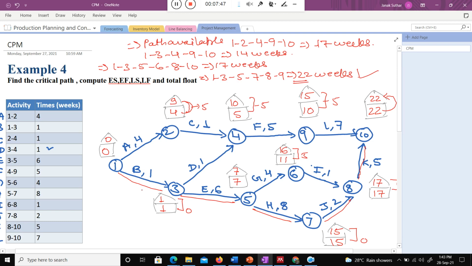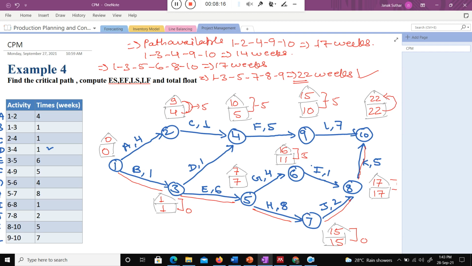It means we found one more thing: the longest path available in this network diagram is nothing but the critical path, and the general thing, class, is that this path is taking 22 weeks. What is the critical path? Critical path is nothing but the time duration of that project. Are you getting my point? The longest path is nothing but the time duration of that project. Do you agree with this argument,